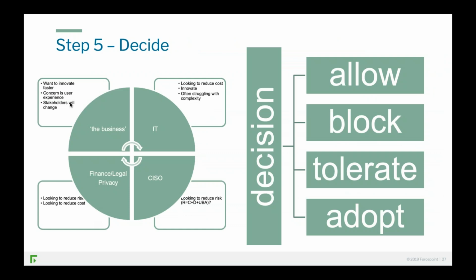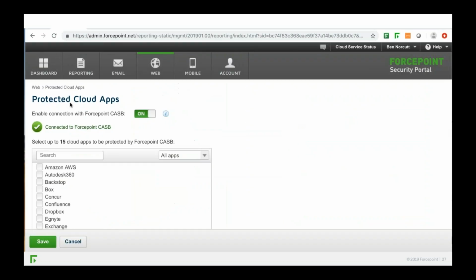So allowing and blocking, the tools that you currently have, as Shona mentioned, the tools we've got right now in place can allow or block. They're not great at inspecting the data and controlling it, and they're not great at spotting where there's innovation that could be adopted by the wider business. Let me give you an example. Within our CASB, within our web security and cloud web security, we have a way to protect cloud applications. So not only spot that people are going to them, but protect them.